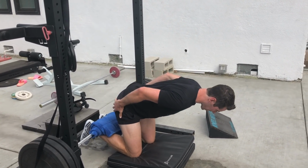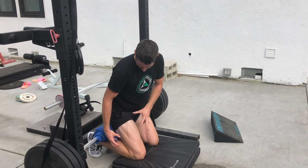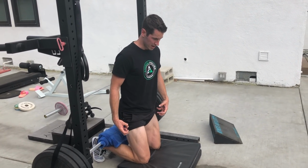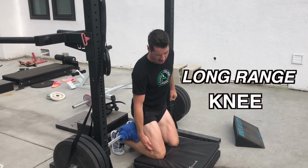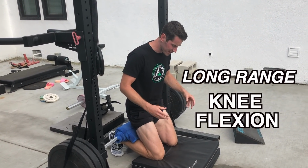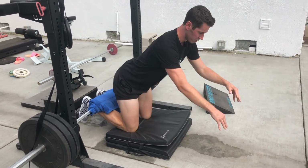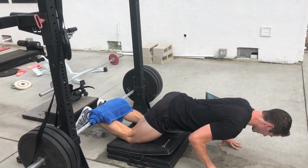The more the hip is bent, the easier it is. But it's still the same concept that as we lengthen here, it gets tougher. So in a shortened position, it's easier. And then the longer it goes, the tougher it gets. So we call this long range knee flexion. And even all that scales. So I actually don't advise trying to come back up unless you spent 12 weeks just fighting it down, which